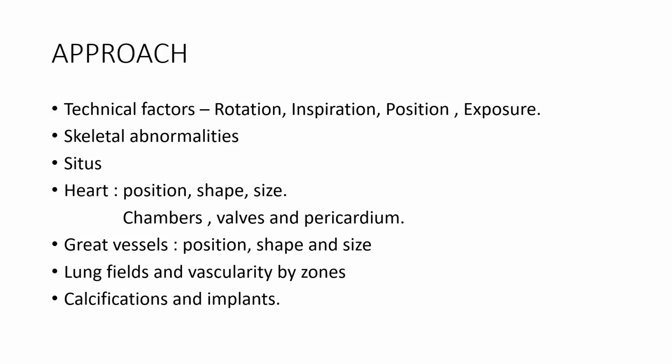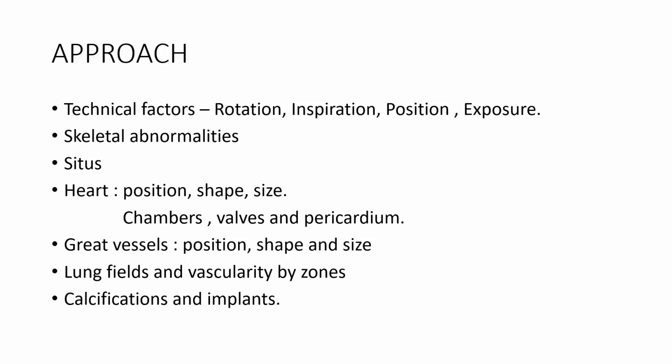The cardiothoracic ratio is usually measured to know the size of the heart, and cardiomegaly can be made out. The different chamber enlargements can also be made out: in the case of LV hypertrophy, we can see an obtuse angle, and in RV hypertrophy, an acute cardiophrenic angle. In case of left atrial enlargement, there is straightening of the left heart border, splaying of the carina, and posterior displacement of the esophagus in a lateral X-ray. Then we look at the valves and pericardium.